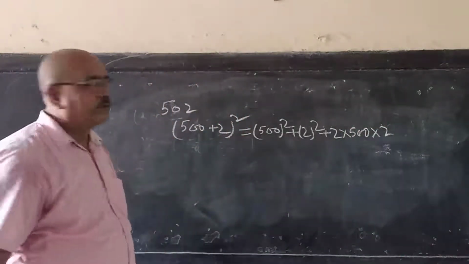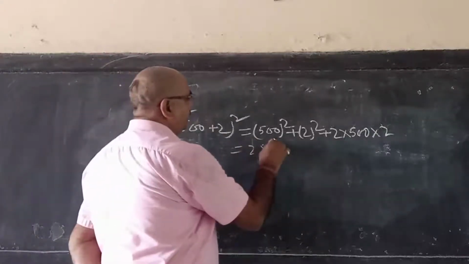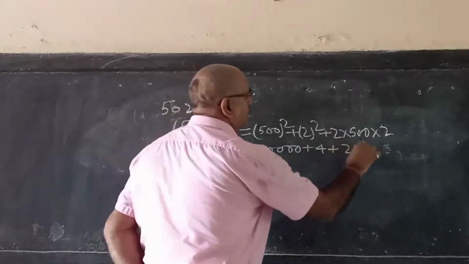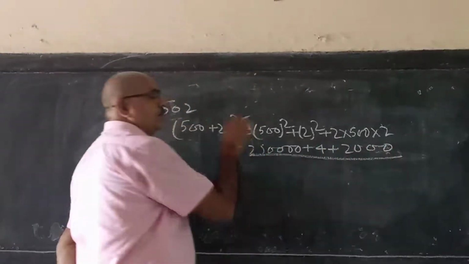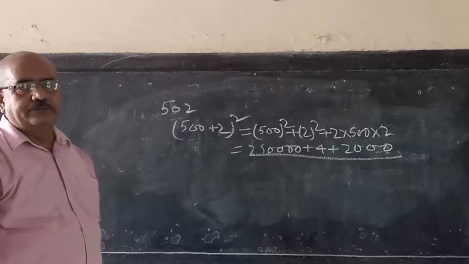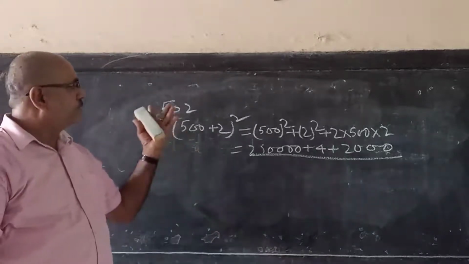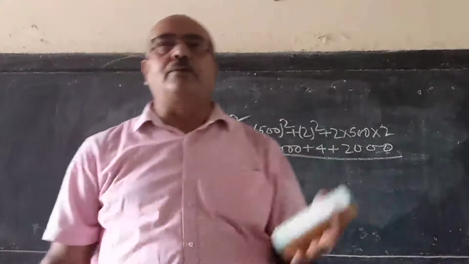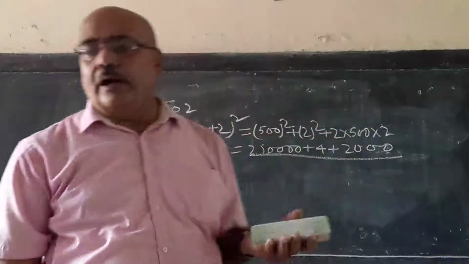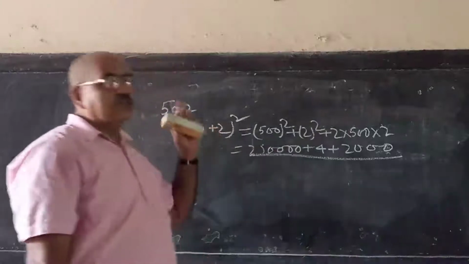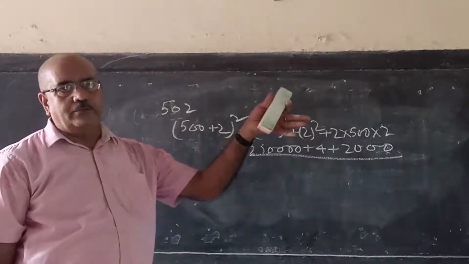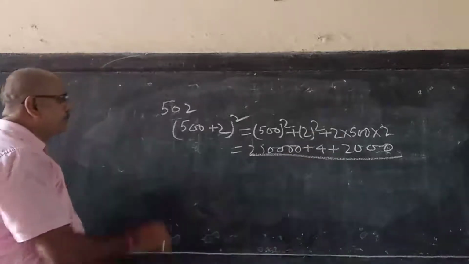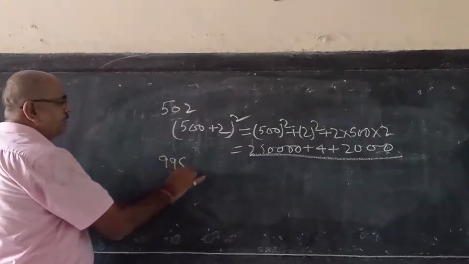Now this becomes 250000 plus 4 plus 2000, and this value is your answer. So once again, don't multiply 502 into 502 and write the answer. You have to write the question first in the formula form, then expand and then write the answer. If the question is 998,